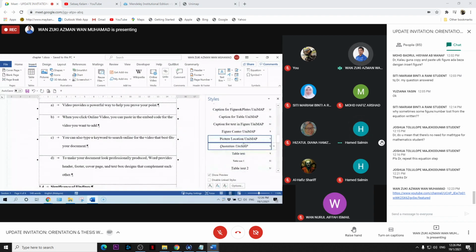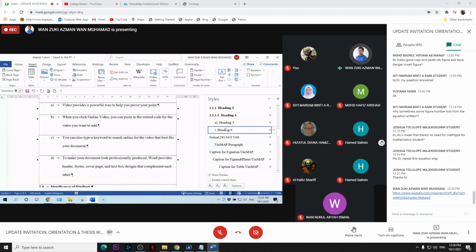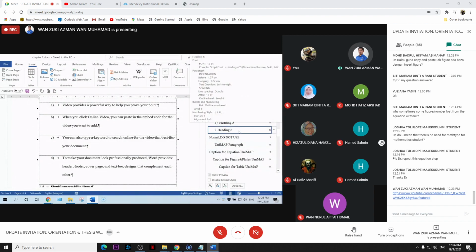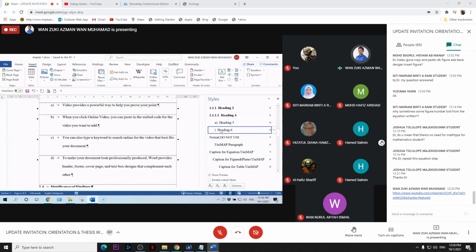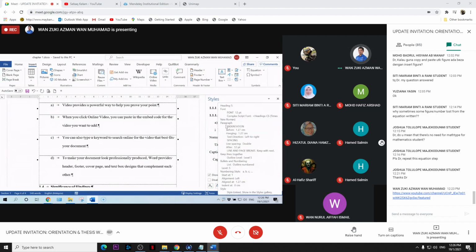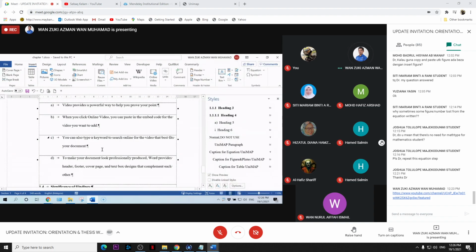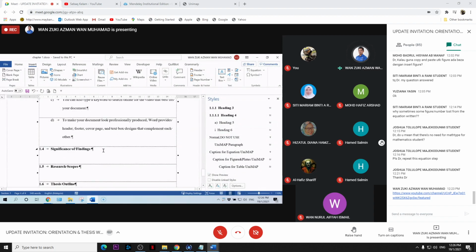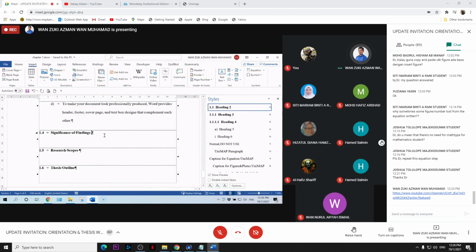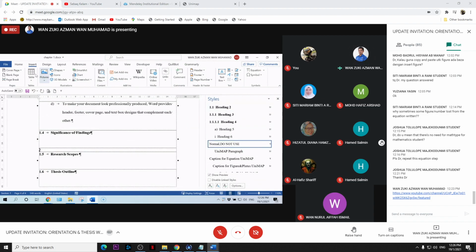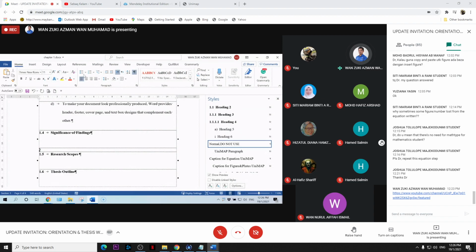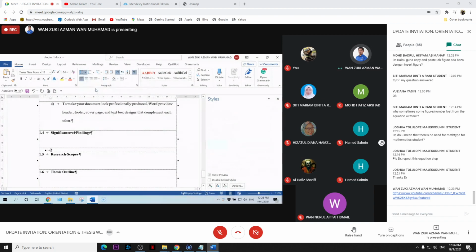So in the template, we provide you heading 5 and heading 6. For heading 5 and heading 6, we use the A and the 1 Roman. If you want to use another bullet, you still can, no problem. But in the template, we do not provide this style.